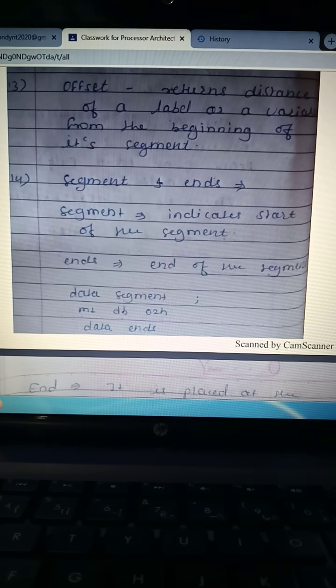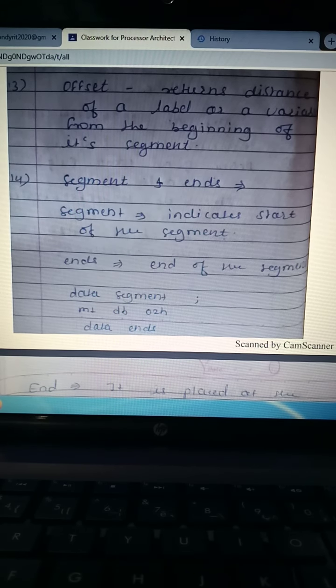Next directives are SEGMENT and ENDS. The SEGMENT directive indicates the start of the segment, whereas the ENDS directive indicates the end of the segment. For example, we have an instruction like DATA SEGMENT.